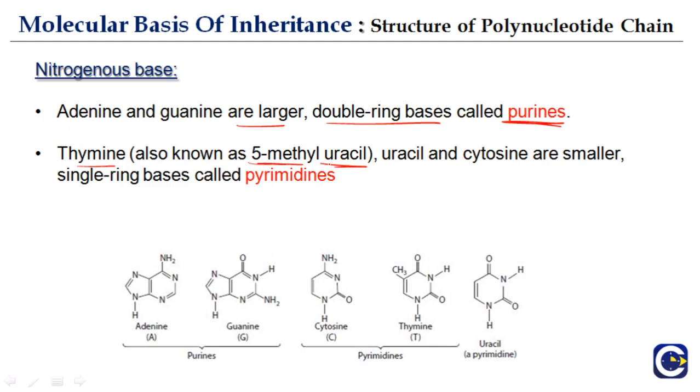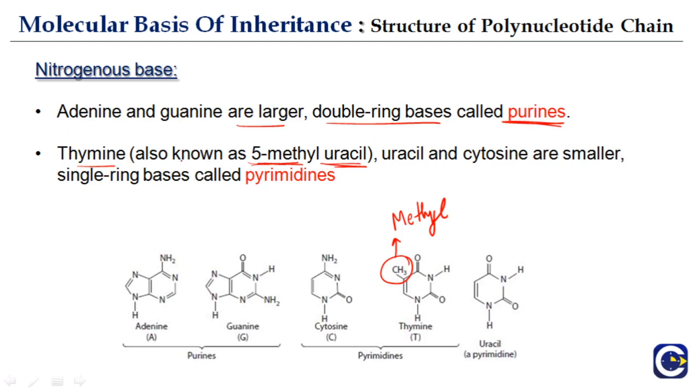Okay. So the reason why it is called 5-methyl uracil, if you look closely at the structure, this is uracil and this is thymine. So rest everything is different, just thymine has this CH3 group which is a methyl group. A little bit of chemistry is there here. So that is why it is called 5-methyl uracil. At the 5th position, thymine has a group which is a methyl group.